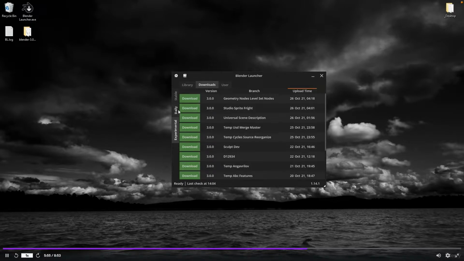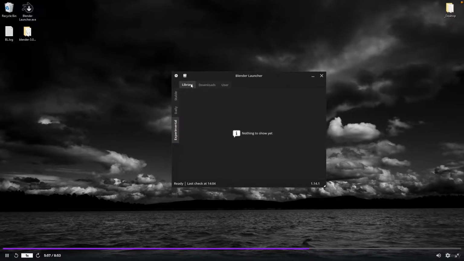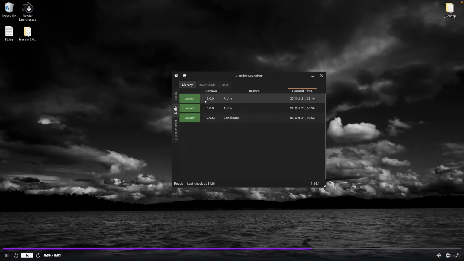That's why they're experimental. I recommend sticking with a daily build of alpha and a stable version of the most recent 2.93, or hopefully by the time you're watching this, the most recent stable version of Blender 3. So what you're going to see when you open up the Blender launcher, if you do decide to use it,